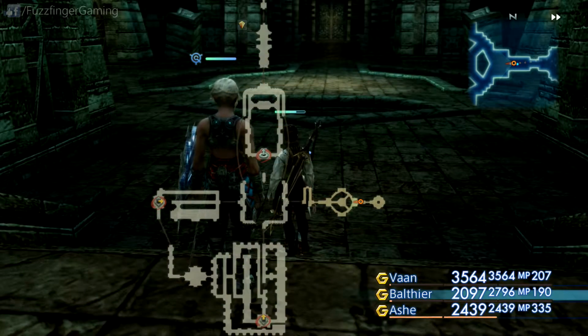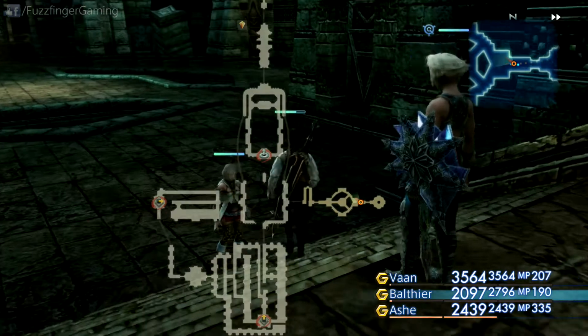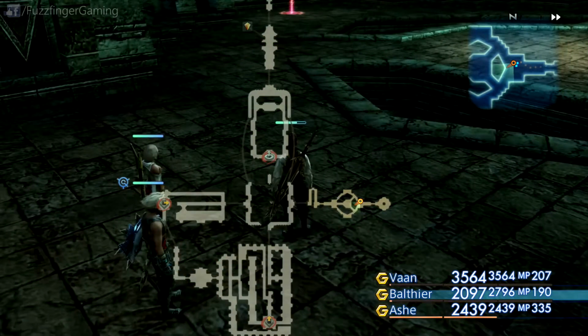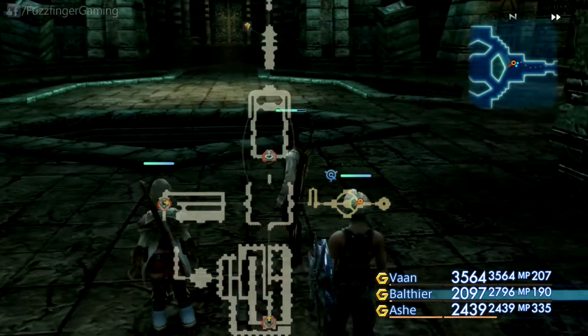Slight change of plan. I actually stuck it on Ash in the end because she's our healer, main healer. And she does things like Asuna and remove status ailments. And generally goes through a heck of a lot of MP. So I thought it'd be a good idea to whack it onto her instead. Right then, so